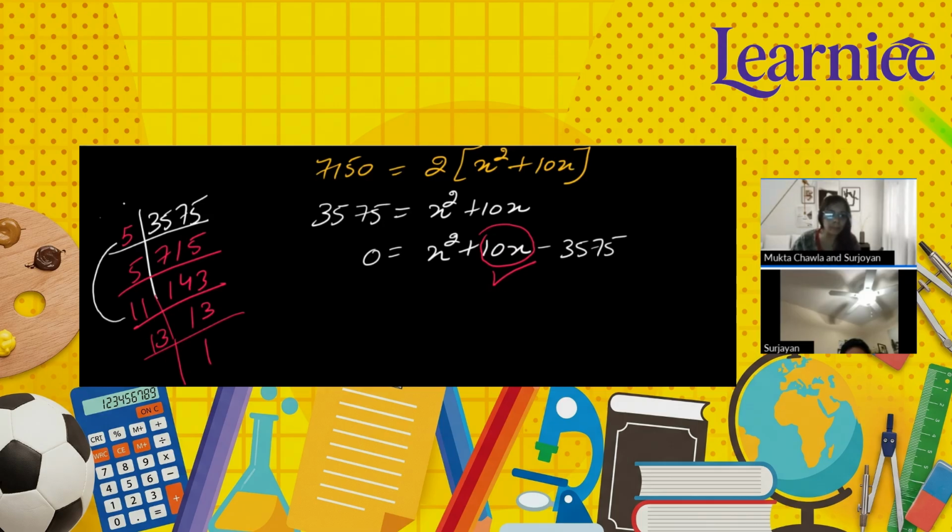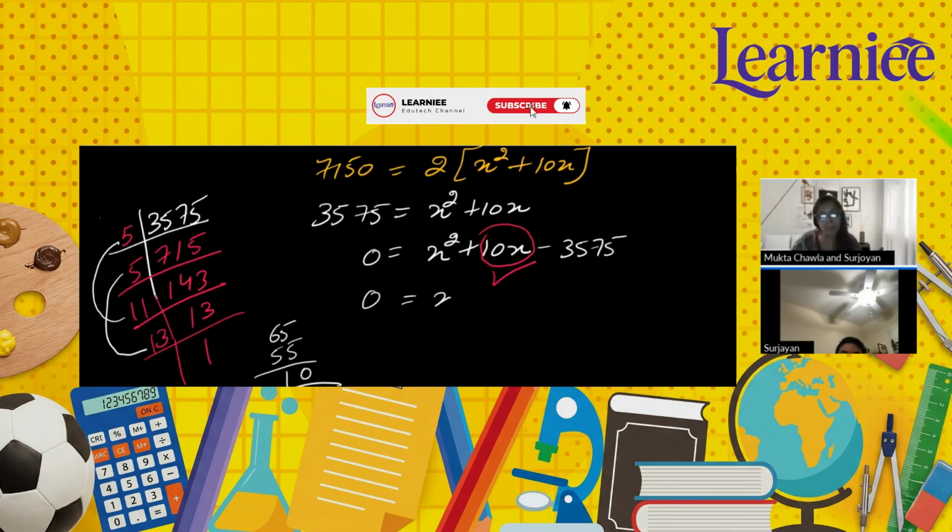Let's try. If I pair up 11 and 5 and 13 and 5, what do I get? If I multiply 13 with 5, I am getting 65. If I multiply 5 and 11, I am getting 55. So yes, the difference is 10. We ourselves have to pair them in a way so that we get the middle value, 10x. It depends on the value. We have to factorize them, pair them, or group them in a way so that we will be getting 10. Got it?